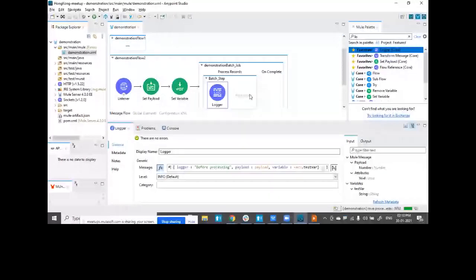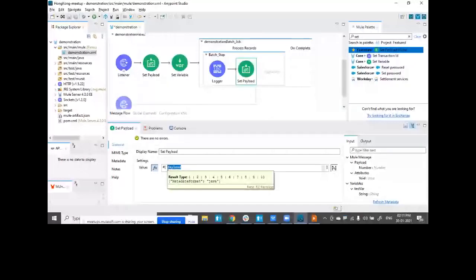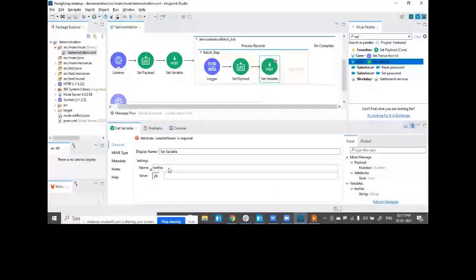Set payload component to modify the data, payload into 2. Set variable to test, taking the initial value.